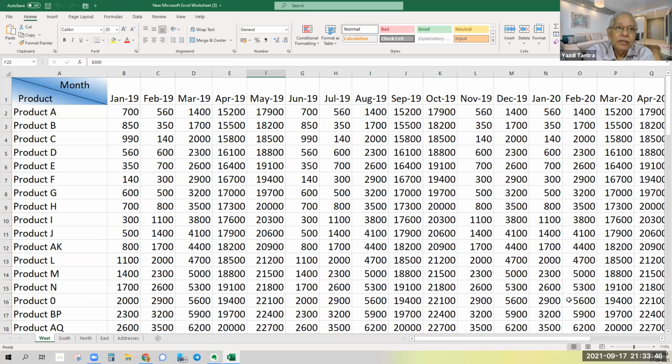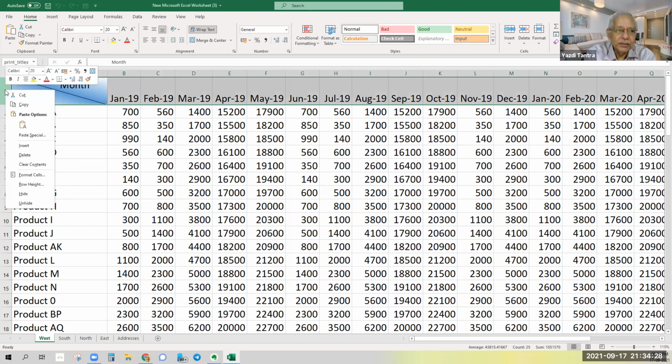So the first thing we are talking about is formatting the top left corner. Can you see this formatting? You think it is easy to do this? Actually, it's very easy because this is a very typical requirement. You want some things on the x-axis and some things on the y-axis, or in the rows and columns, but what title will you put in this corner? That is always a challenge. So I try to put month on this side and product on this side. And how easy is it to do this? Let's see. I will do it.